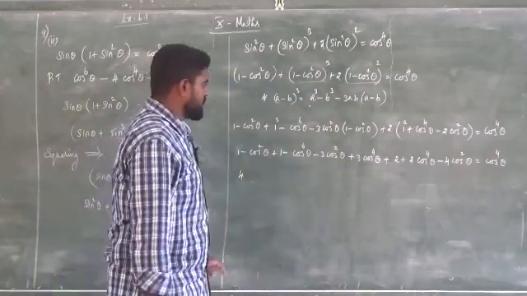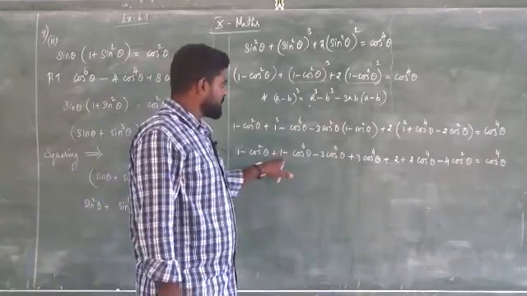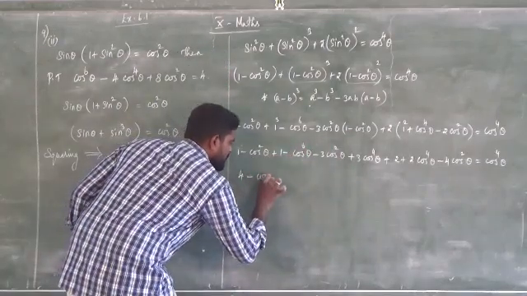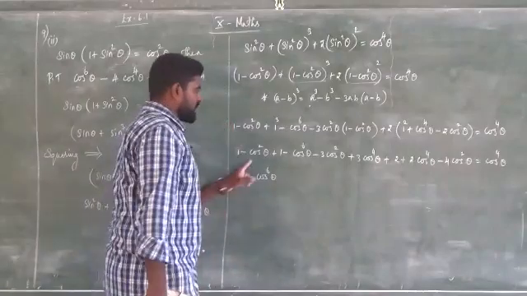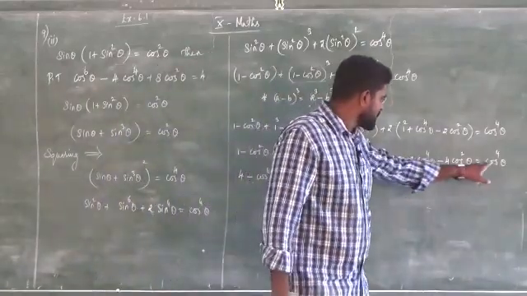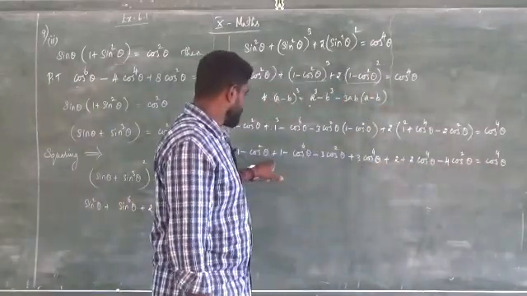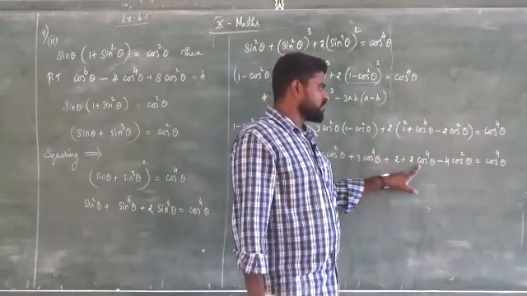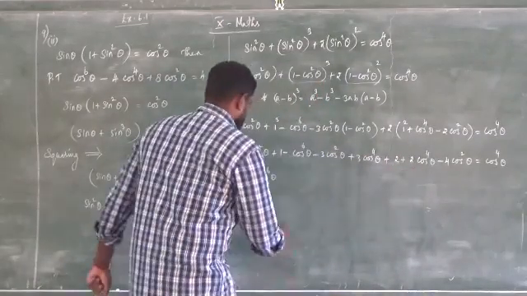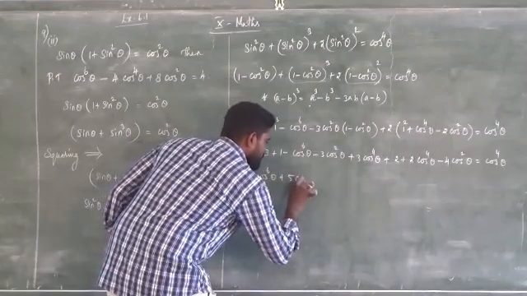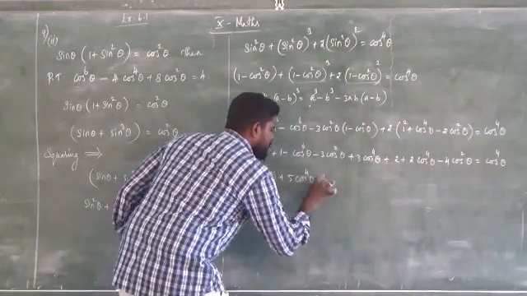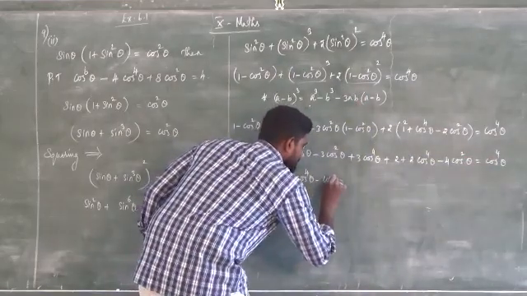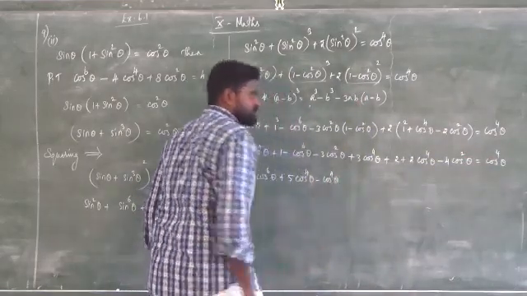Then we will check by power. The highest power is 6, so only one term, it is minus cos power 6 theta. There is no 5 in the power, then 4: 3 cos power 4 plus 2 cos power 4, so 5 cos power 4, so plus 5 cos power 4 theta. If you take that cos power 4 to the left side, it is minus cos power 4 theta.